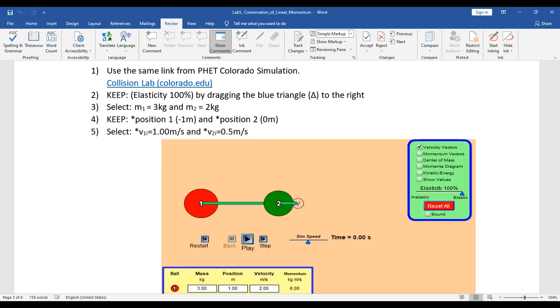And this is 1.5 plus 0.25. 1.75 joule. Then overall Kf is 1/2 times 3 times velocity 0.6 squared plus 1/2 times 2